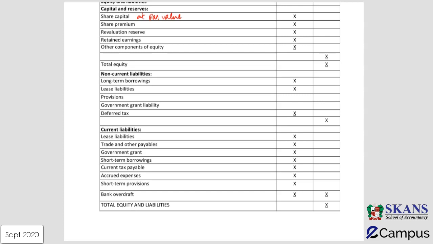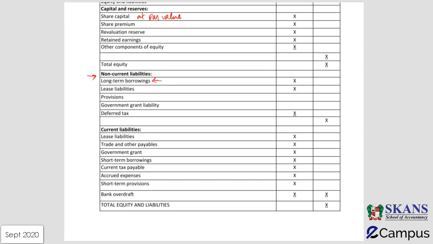Then coming to non-current liabilities, the criteria is once again the same. Non-current liabilities are the liabilities which are payable after 1 year from the reporting date. So you take the reporting date, you add 12 months to it. The payments which are to be made after 12 months from the reporting date are called our non-current liabilities. This includes various long-term borrowings. You can say loan notes, debentures, redeemable preference shares. All of these can come in your long-term borrowings.